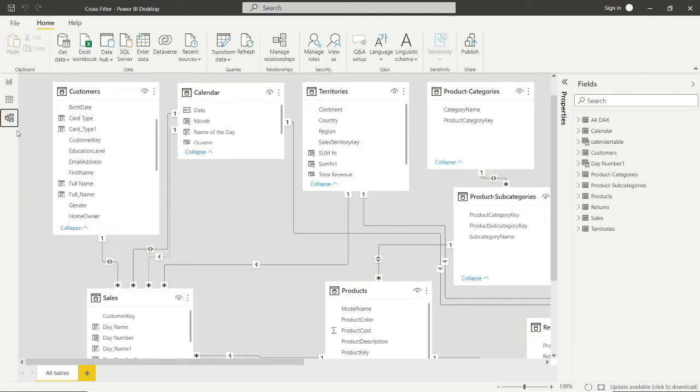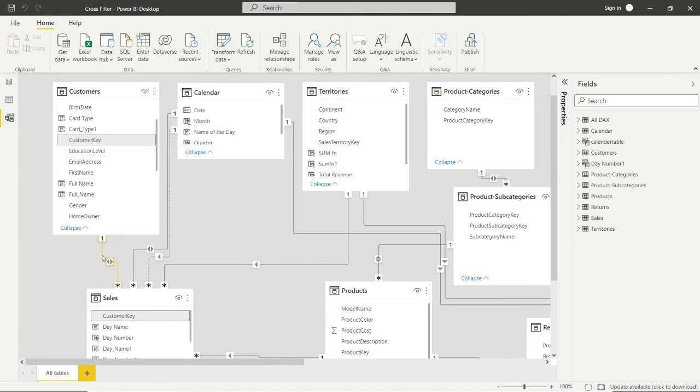Anyway, we have to find the customers per territory without touching the cross filter direction. So what can we do? In order to do that, we will use the DAX function called CROSSFILTER. Now we'll see how it works.